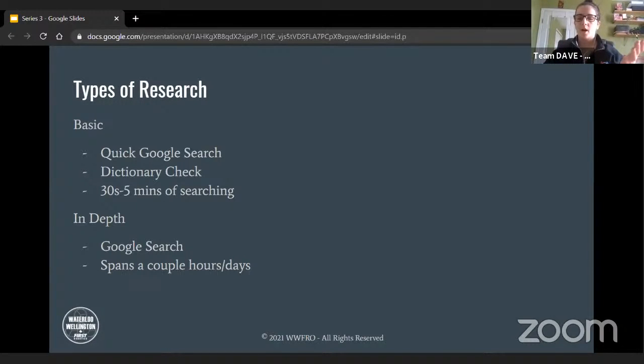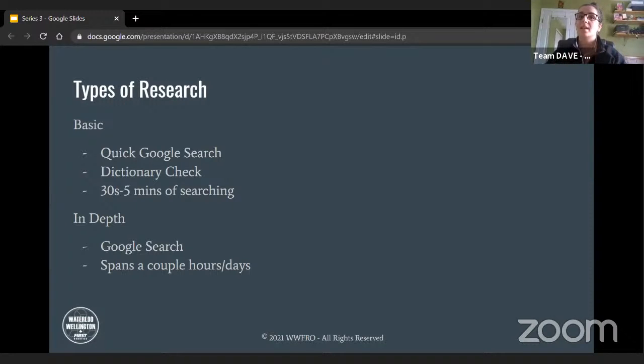So say you're coming up with a product name for something. You just want to double check if it's already a name for something else, and what it's synonymous with. If it is something bad, you don't want to use it, or if it's something that's already popularized, you might not get as much traction as you would like for your product. So you always want to look at that.